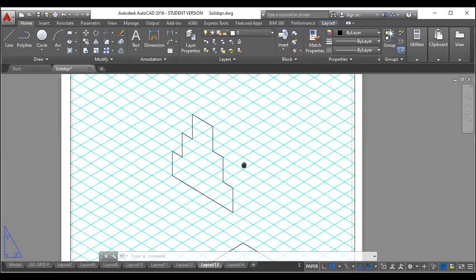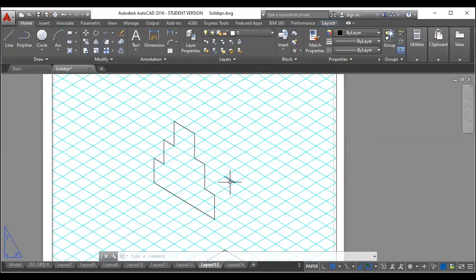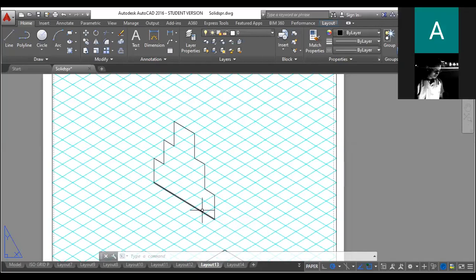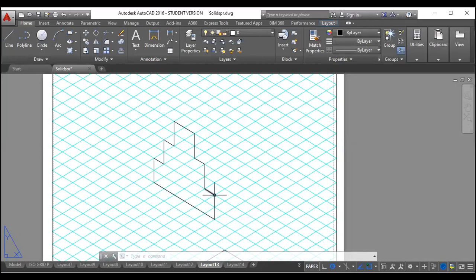Now once you get the front view, the only thing you need to do is from each corner of this front view, you have to draw the length of the slab. Length of the slab is 100 because already breadth and height I have drawn. So for the first slab, breadth is 60, height is 20. So this I already did. Now from here I need to go 100 mm length for this slab.